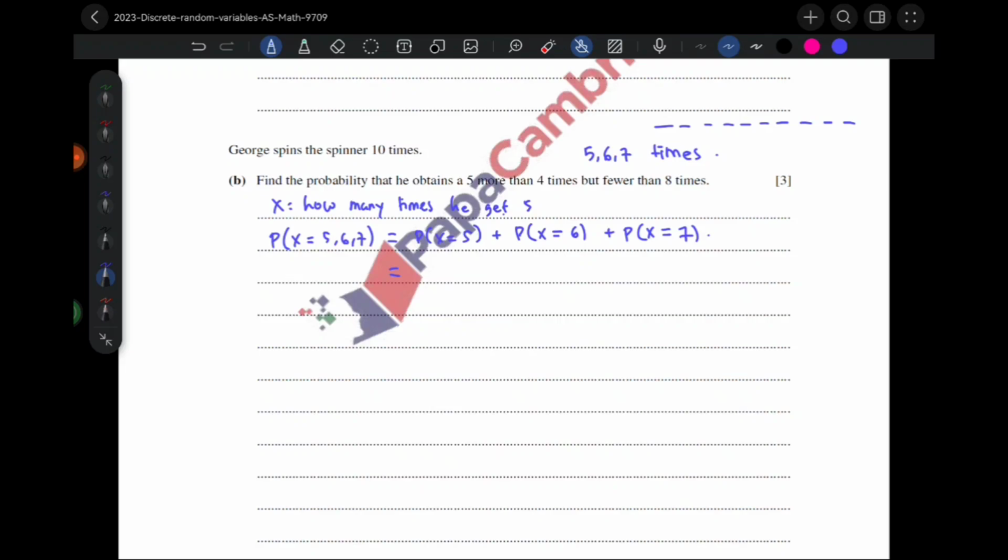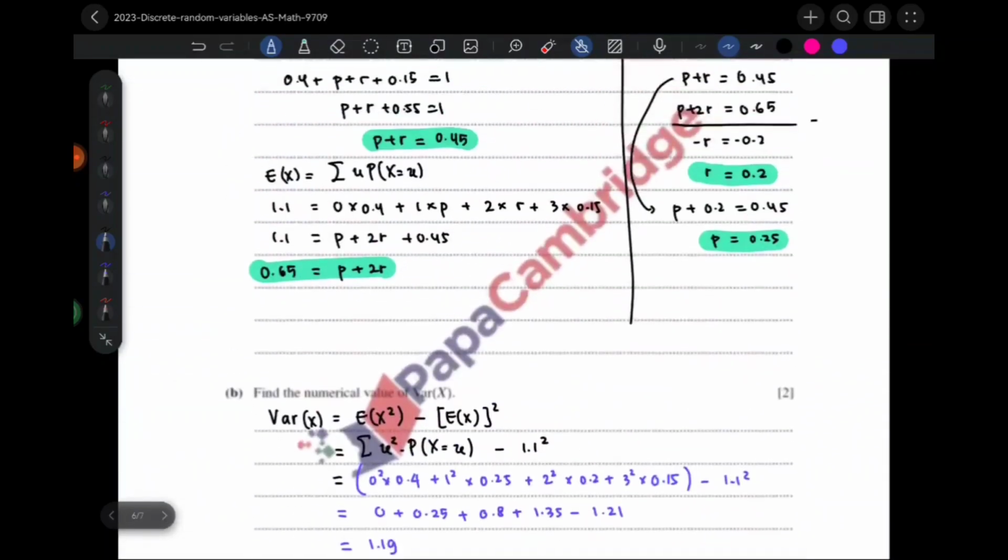Okay, probability x equals 5. We're following the binomial distribution formula. X follows this binomial distribution, with 10 experiments, 10 attempts, and the probability of success, which in this context is that he obtains a 5, so our p equals 1 over 5. Alright, and the formula of binomial I already wrote